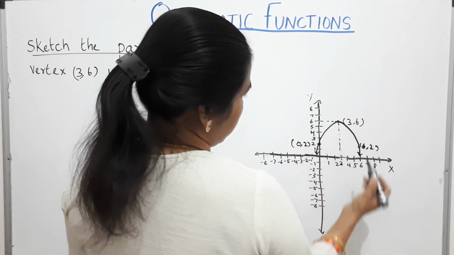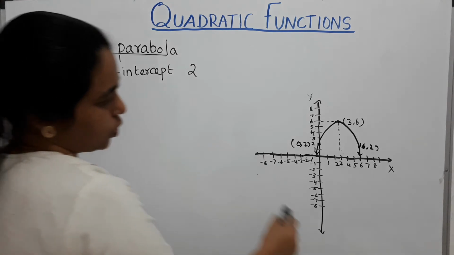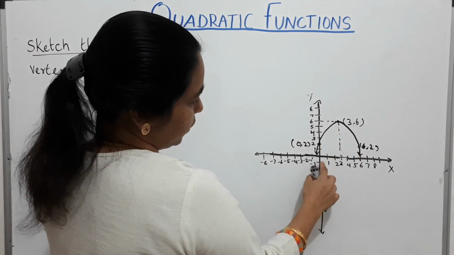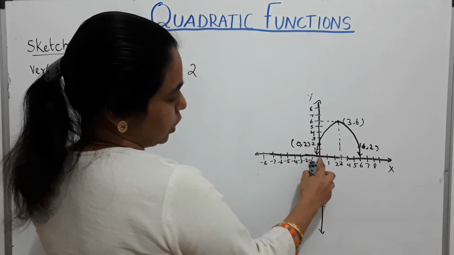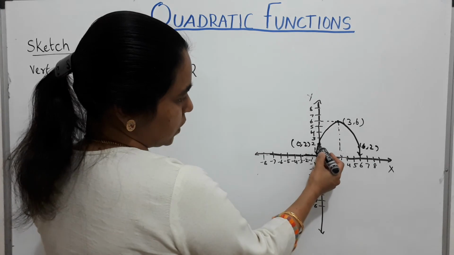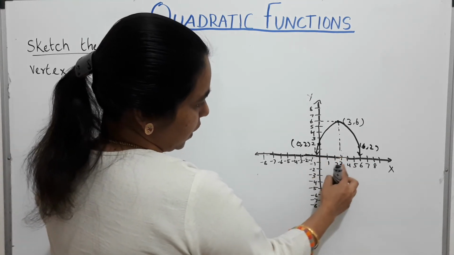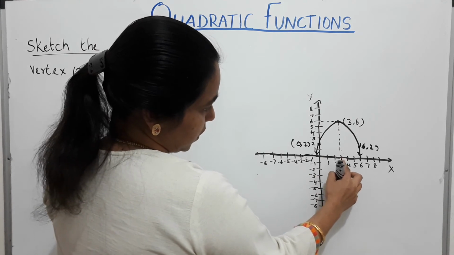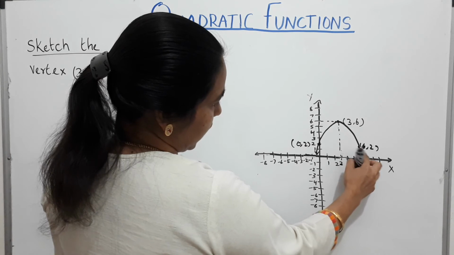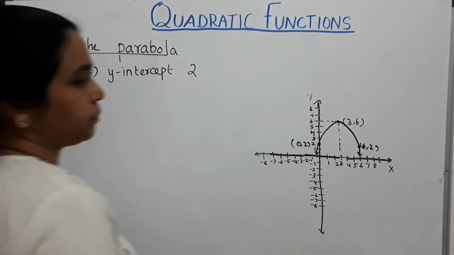Okay, so this is a parabola. The vertex is given and also the y-intercept is given. So the vertex is actually (3, 6). So you have plotted that first. And y-intercept means x is equal to 0. So when x is equal to 0, the value of y will be 2. So that is this point. For that, you have moved 3 units to the left from the axis of symmetry. And again from the axis of symmetry, you have to move 3 units to the right and plot this point. And then you have to sketch the parabola.